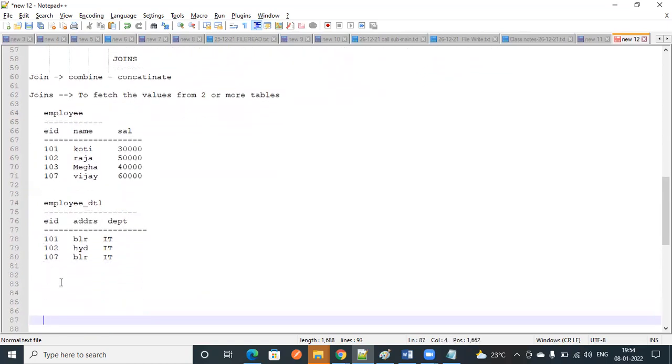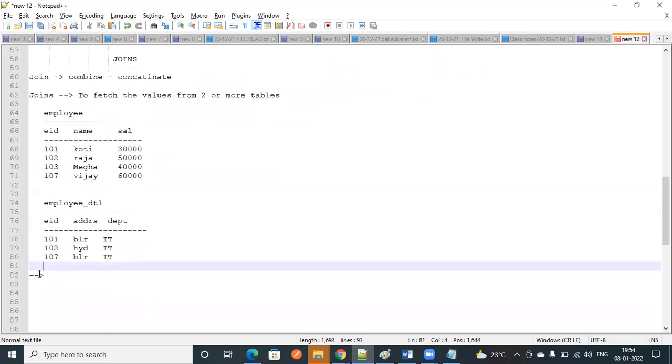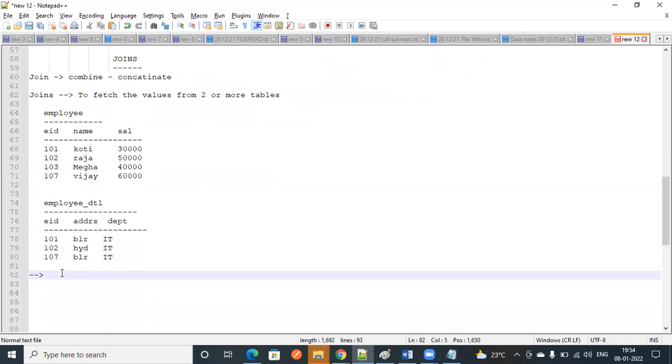So here my requirement is I want to fetch salary and address for employee ID equal to 101.